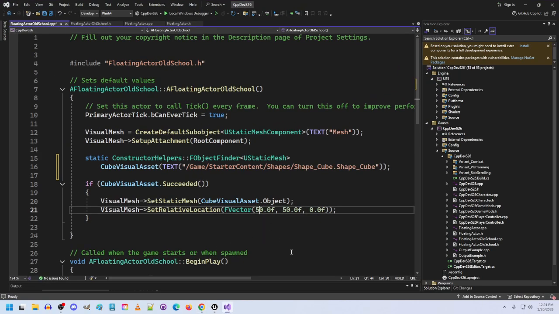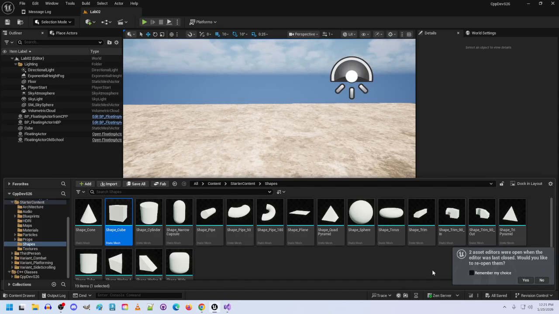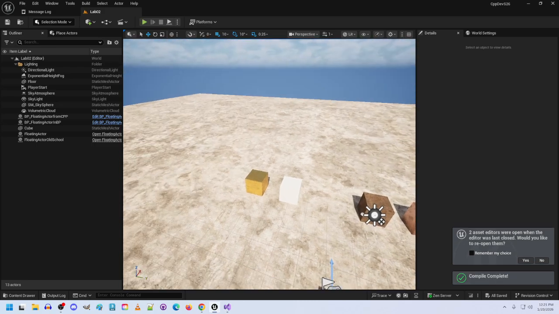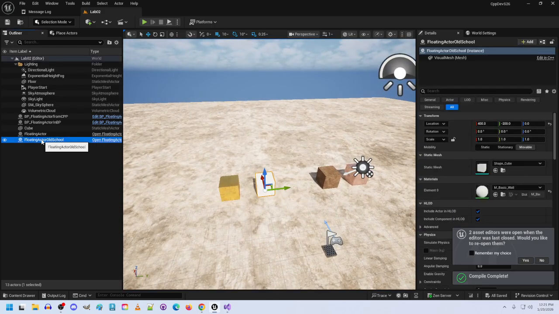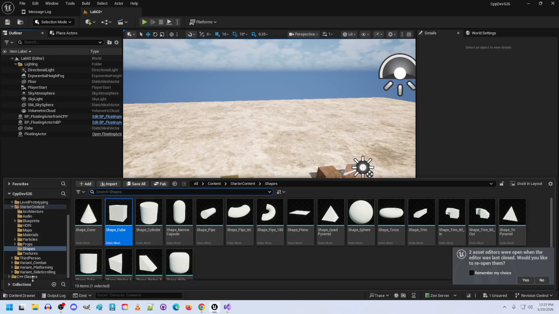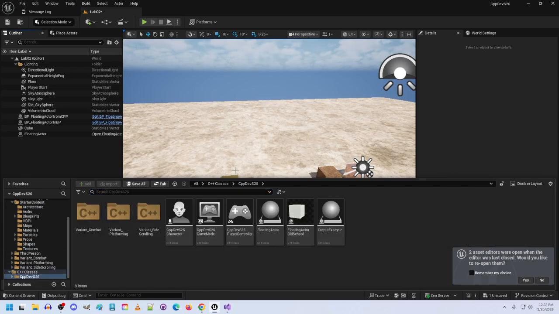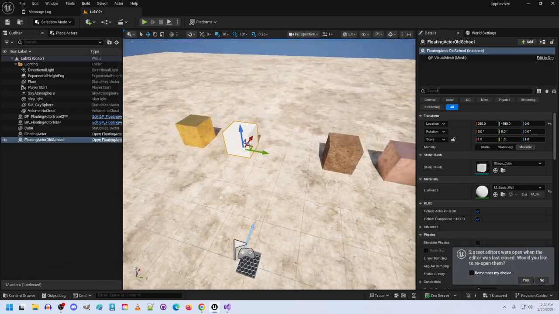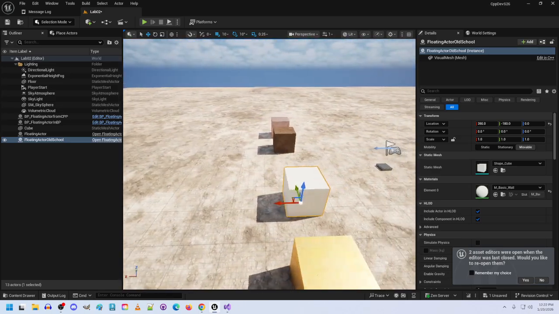I'll go back and let me see if I set this back to 0, 0, 0. This might cause a problem. Okay, so I'm going to remove the actor old school, and then I'm going to go back in to my C++ classes. I'm going to put the old school floating actor in, and I think